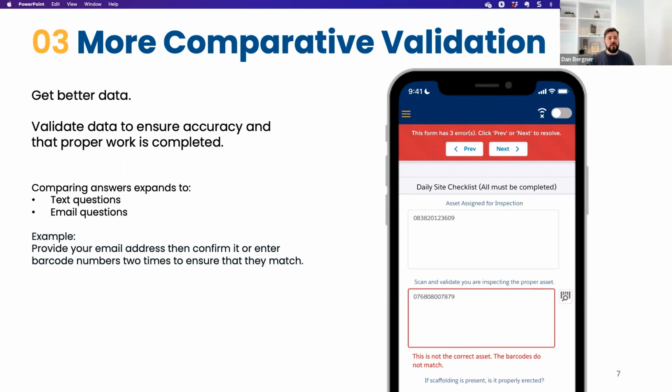Now, we've had some requests for expanding support for comparative validation. So there's certain question types that comparative validation has worked on previously. We've now brought text questions and email questions into the fold so that they are also supported by comparative validation. And again, the goal with this type of validation is data integrity, making sure that the data our end users